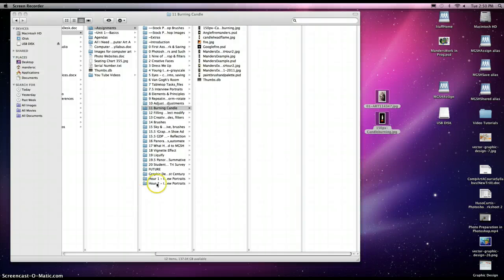Okay, class. For 11 burning candle, we are going to use some images that are in this folder. There's a bunch of examples too, so if you have some time, go ahead and take a look at those images. See what people have done and what I've done in the past to help you complete this assignment. Burning candle. Let's start off by opening up the drive and finding the 150 burning candle,